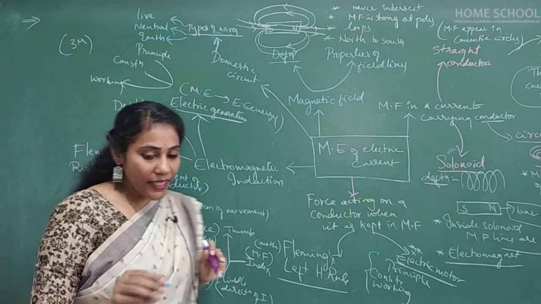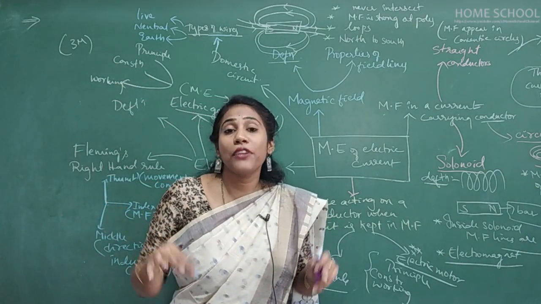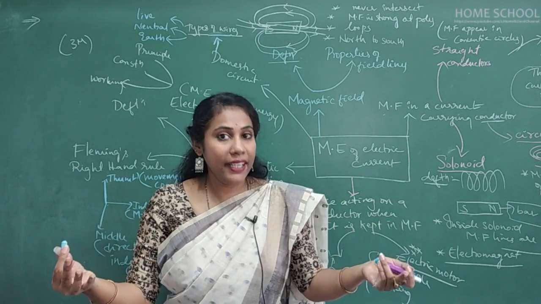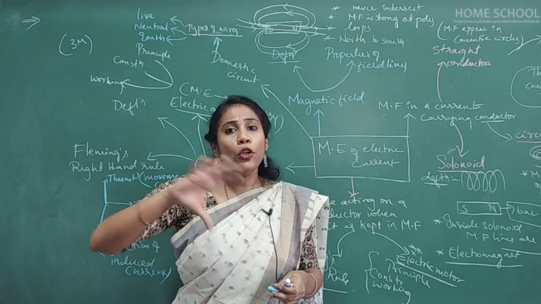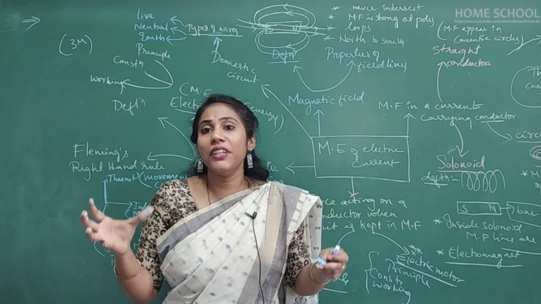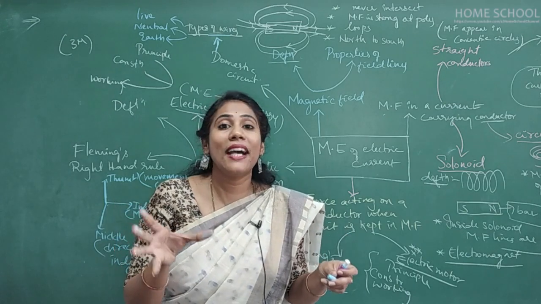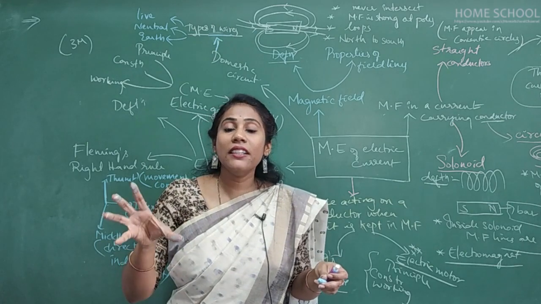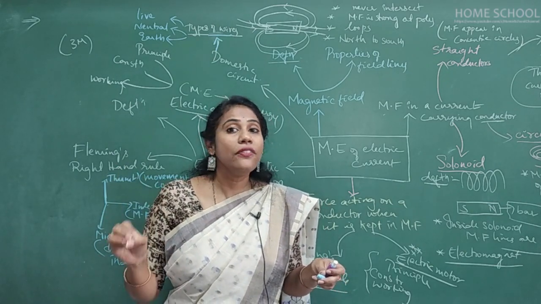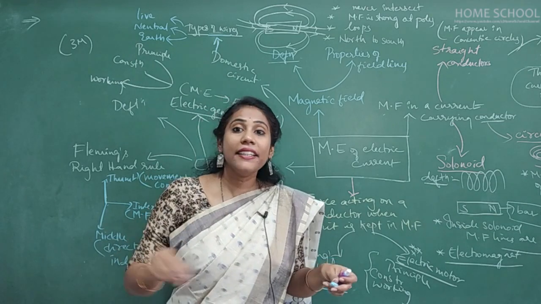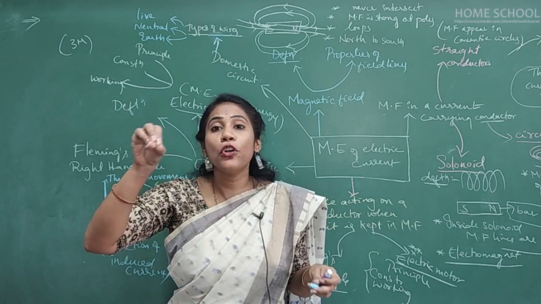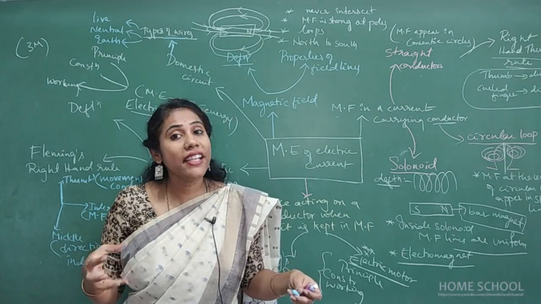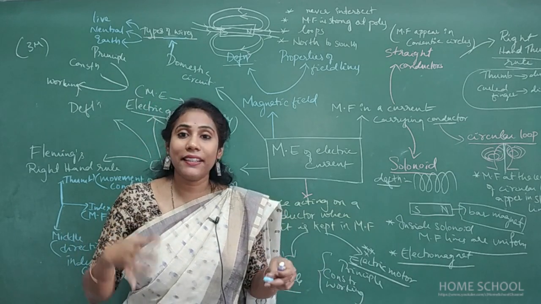Earth wire is the one which protects us from electric shocks. Whenever you have metallic electrical appliances, by overloading, if excess current somehow flows in a metallic body, the moment you touch it you will get a shock. To avoid that, we use a wire called earth wire. Earth wire has very low resistance, so the extra current that is generated goes through the earth wire and gets disposed in the earth. That way earth wires always protect us from electrical shocks.